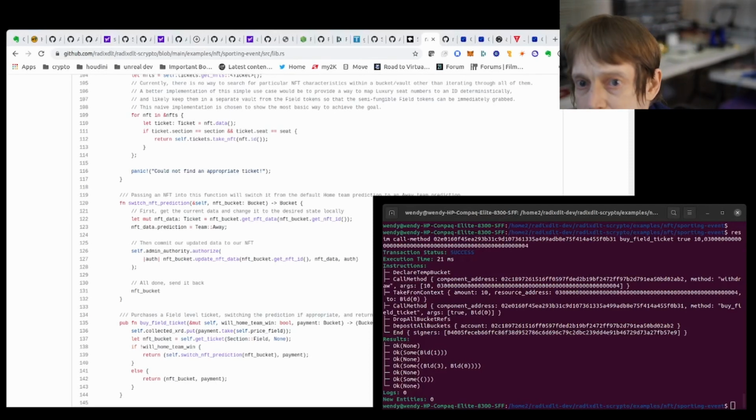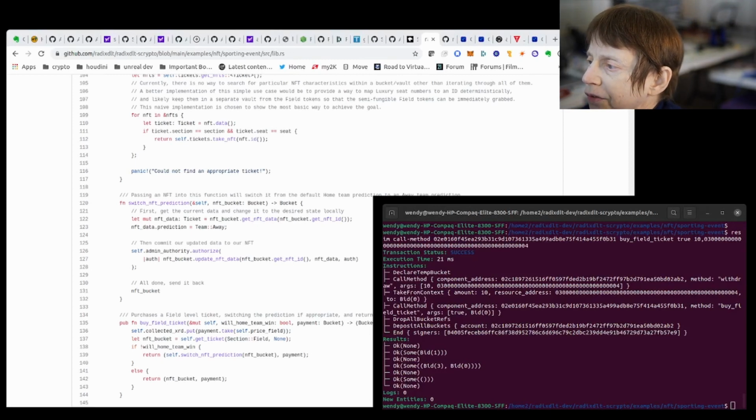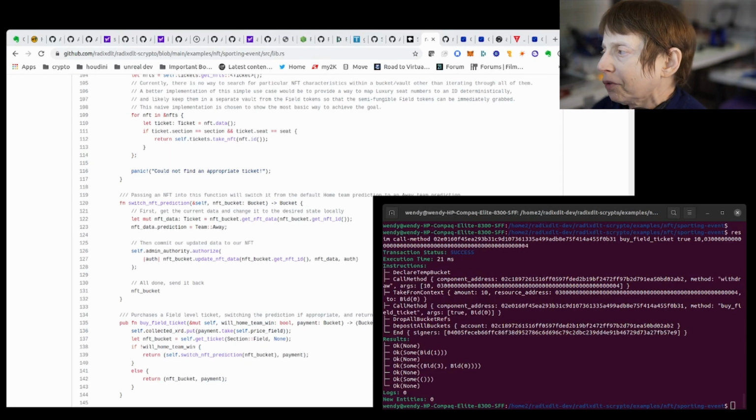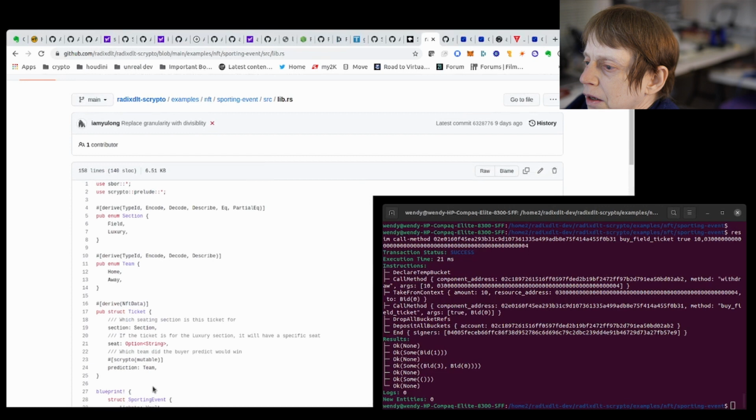Okay, so today we're going to talk about another example, maybe a more practical example, which is NFTs, in this case for a sporting event. They give you two examples, the Magic card and the sporting event. And the sporting event defines some items ahead of time. Now this derive basically says that it's going to bring these things into the object, or make these methods available on the object.